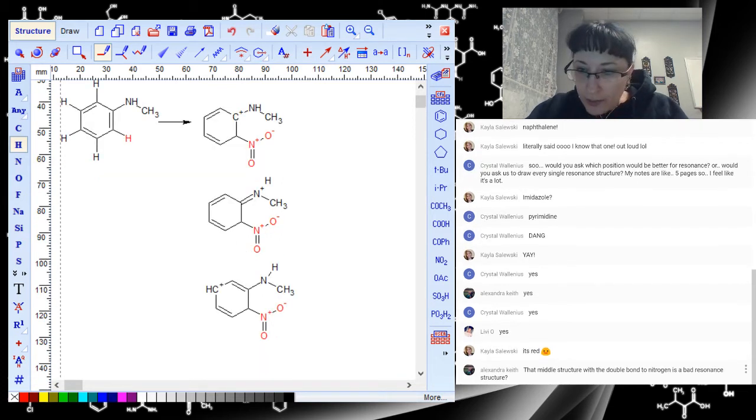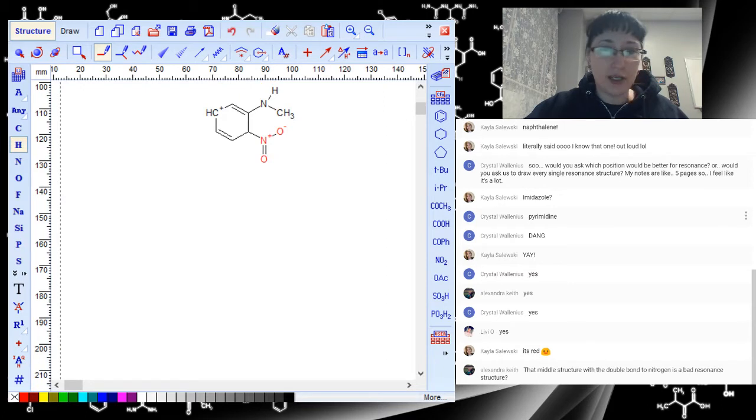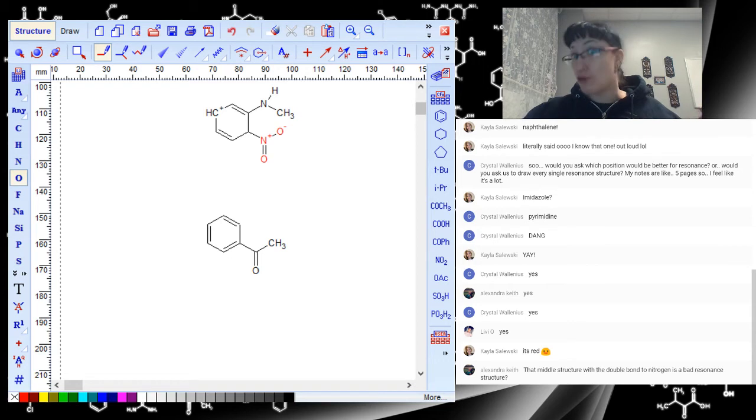I'm talking about the meta directors. All those resonance structures I just drew were fine. But if you have something, let me see, let's put something here like this. One of those meta directors, so anything that has the carbonyl or the nitro group. So if I have something like this, I would end up with a resonance structure,